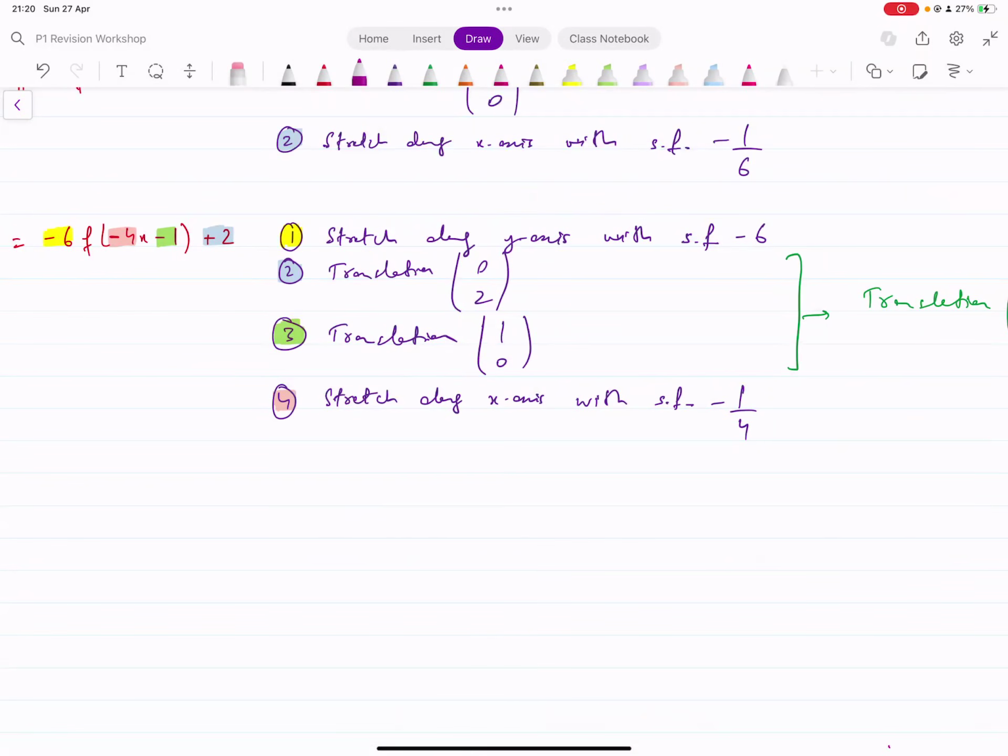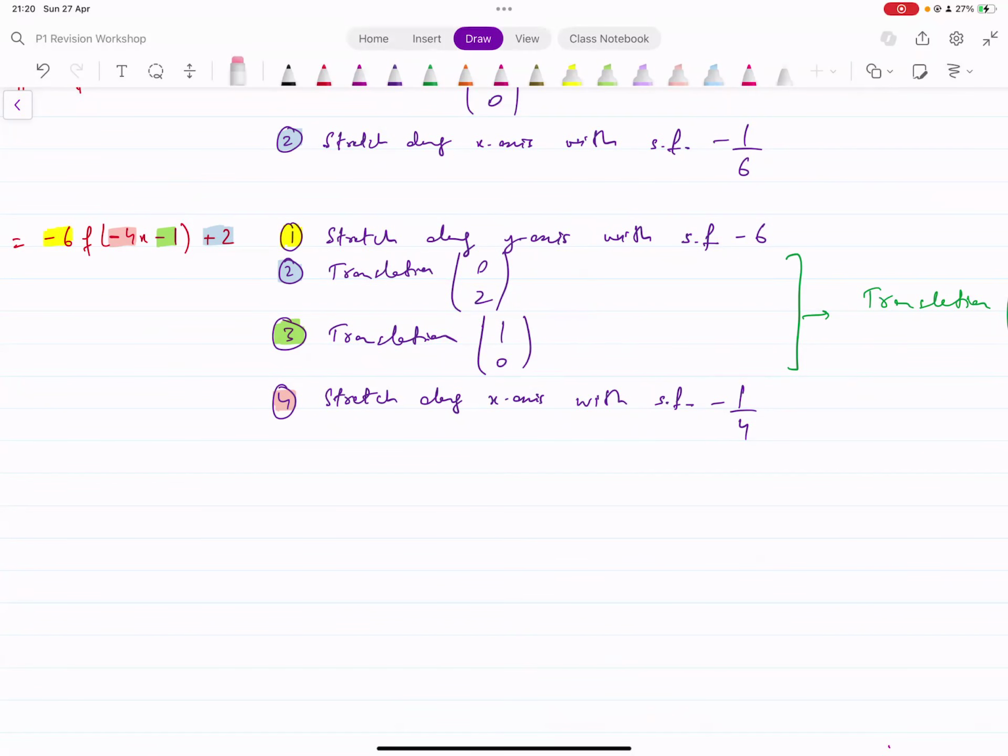So let's start with vertical, for instance. In vertical, you have to do stretch first in this case, because that's what BODMAS says. You do stretch first. And then you do this translation that's 0, 2. And then you can start with horizontal. In horizontal, you do translation first in this case, because opposite to BODMAS, that's 1, 0 translation, and then stretch scale factor -1/4. Now, when you have multiple transformations like this, and you have two translations coming one after the other,